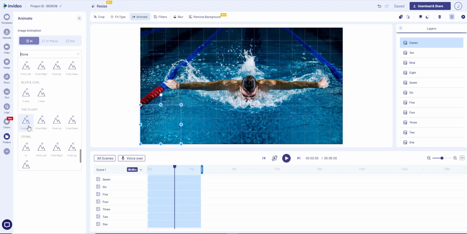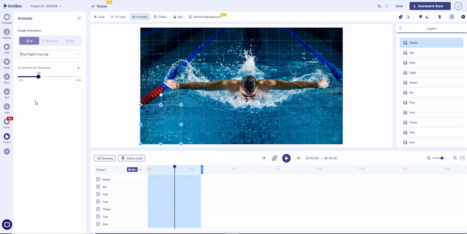So let's fly this one in from up or from down. Yep, so we're going to do this from up, and again we're going to make that 1.3 seconds,